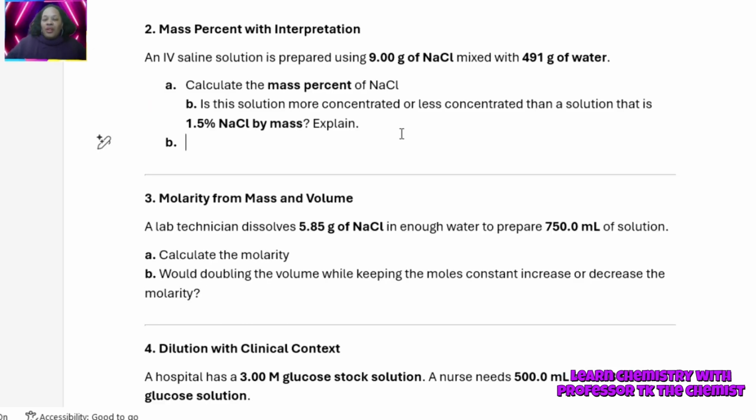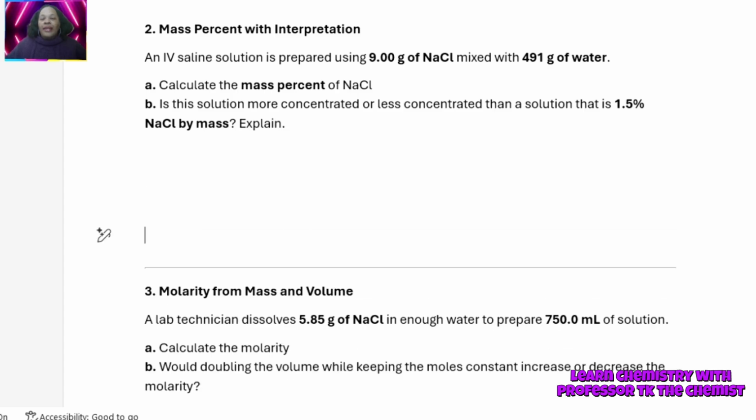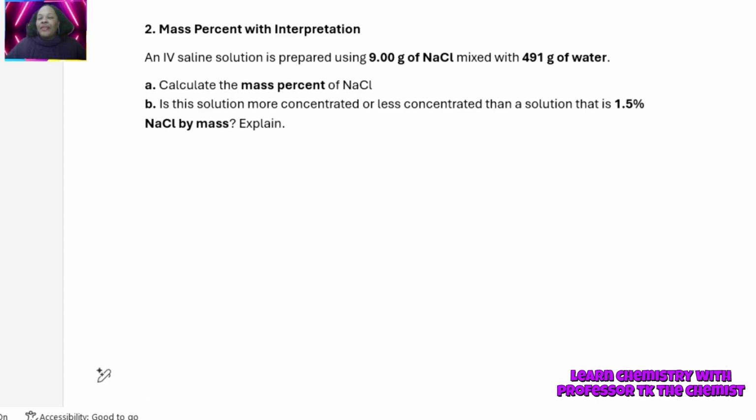We're gonna do number 2 right here, okay? And we're gonna close it out with this one. You've got mass percent problems. And then you got a little extra with it. It says an IV saline solution is prepared using 9.00 grams of sodium chloride mixed with 491 grams of water. Calculate the mass percent of sodium chloride. Part A. And in part B, is this solution more concentrated or less concentrated than a solution that is 1.5%